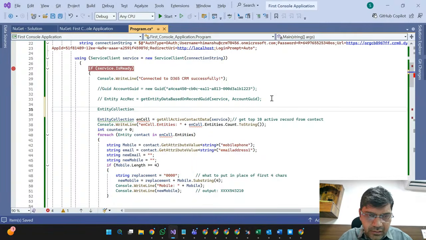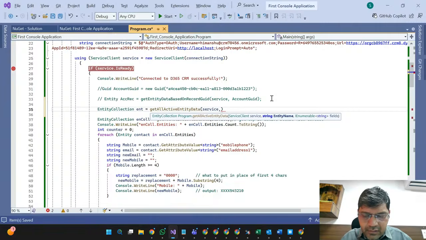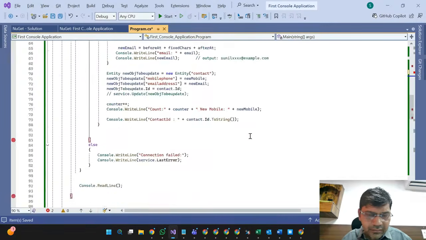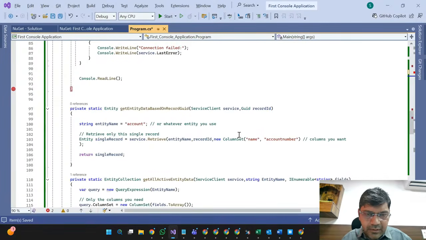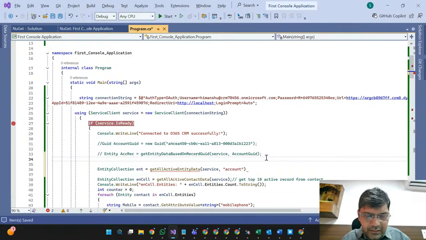Entity collection equal to service dot entry name here, suppose contact we have written, suppose similar way account level information we are retrieving, and here